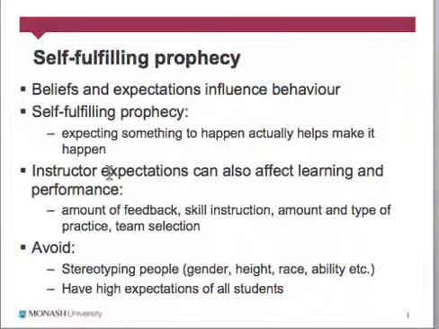Likewise, if I say in a game, I need to make this game even, and I need everyone to have a go, so therefore we're going to create a rule where you have to throw the ball to a girl before you can score. Now, that immediately sets an expectation on all females in the class that they're incapable of participating equally. And when you start to stick that label on, that's the kind of outcome you get. You start to get inequity. So stereotyping based on gender, height, race, ability, or any of those things is a no-go zone, unless you want your expectations to lower the bar. And I don't think anyone really wants that.